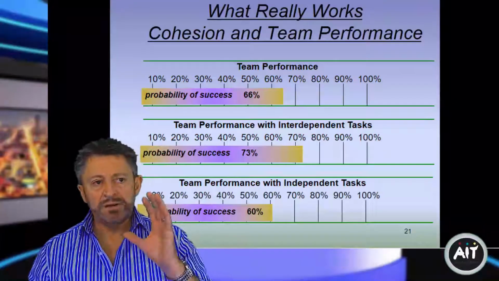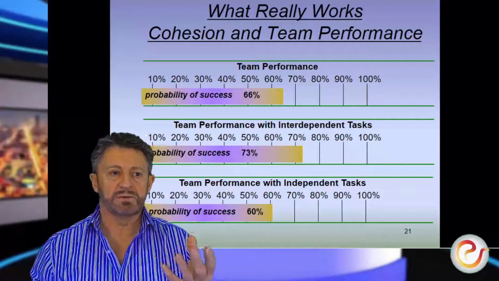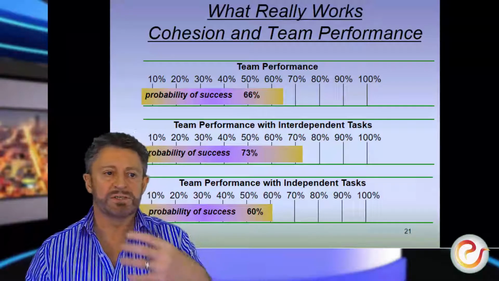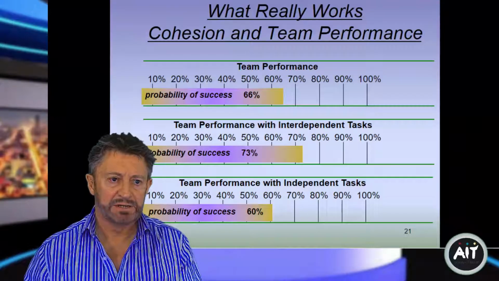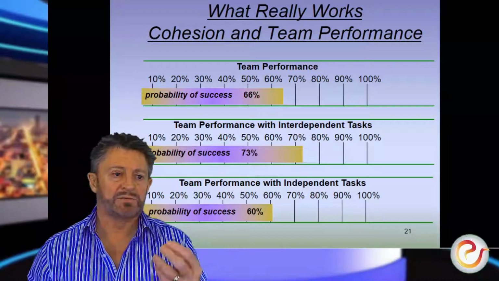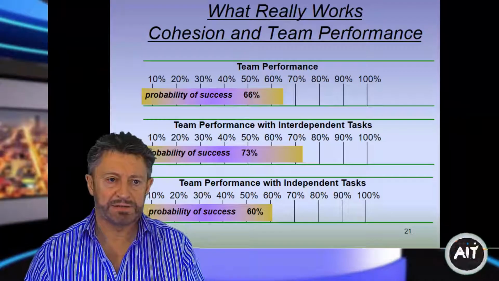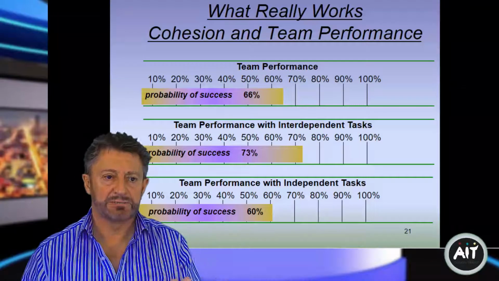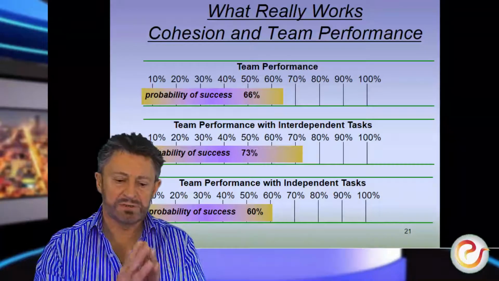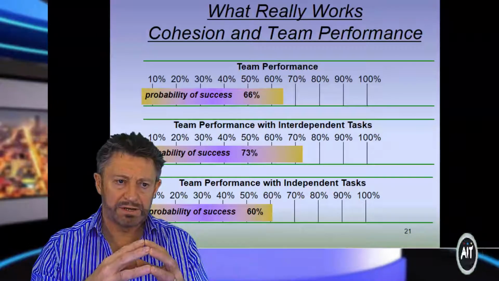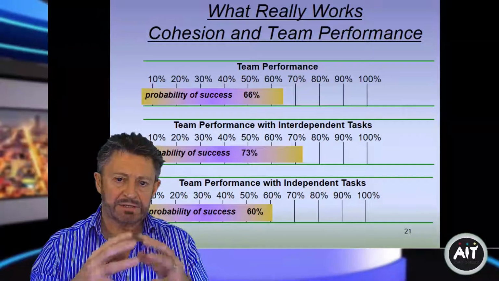So if we look at what really works, team cohesion and team performance. Team performance is 66% of it. Team performance and interdependent tasks, 73%. And if we look at team performance with independent tasks, it's 60%. So when you have independent tasks within the team, versus the team working together with interdependent tasks,